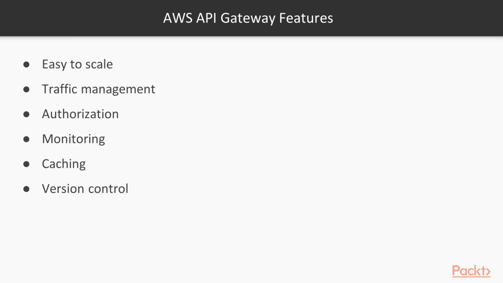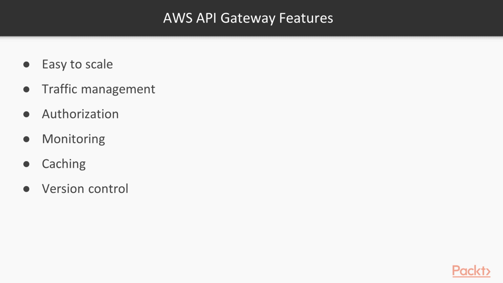Next is authorization, which allows you to control user access to the API. If you don't want to have your API publicly available, or you would like to commercialize your API, then having user management and access is essential for your application. Next is monitoring, which enables you to get usage statistics down to the user level. It is important if you want to limit users based on their usage, but also if you need to troubleshoot